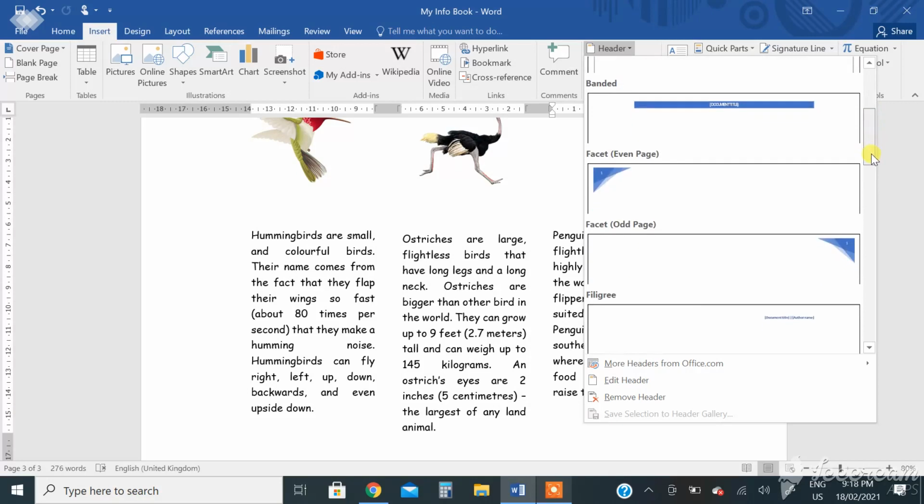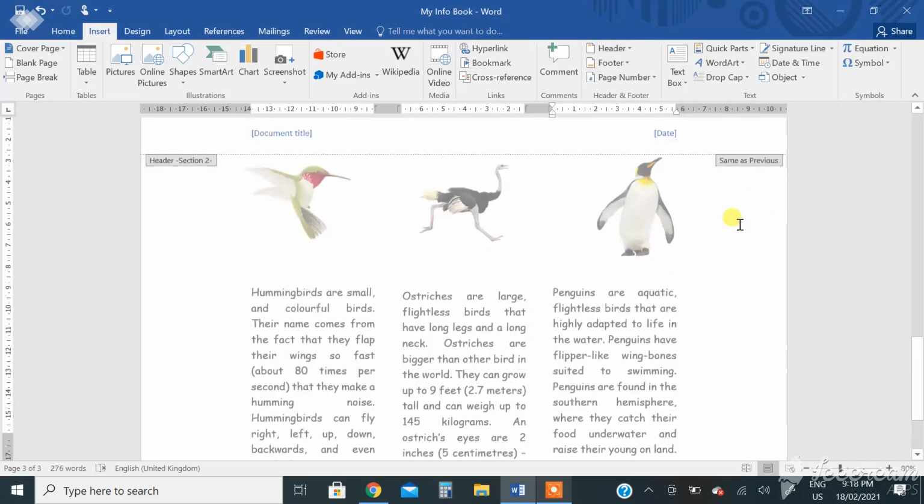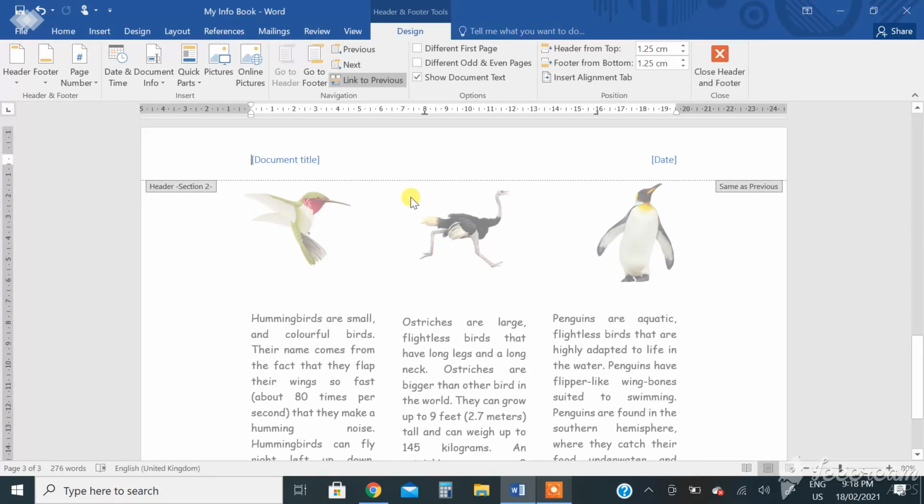Here you can write "my book of information", and here you can write the date, December 25, 2017. Okay, now this is all done.